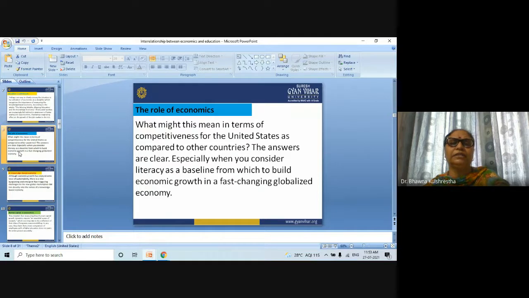What might this mean in terms of competitiveness for the United States as compared to other countries? The answer is clear, especially when you consider literacy as a baseline from which to build economic growth in a fast changing globalized economy. And the role of